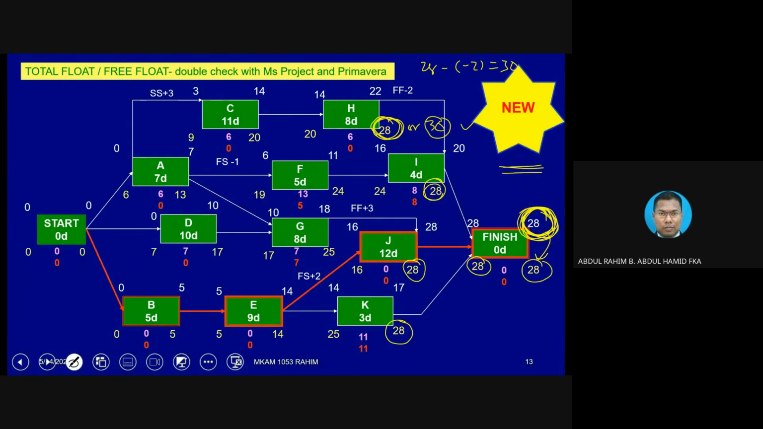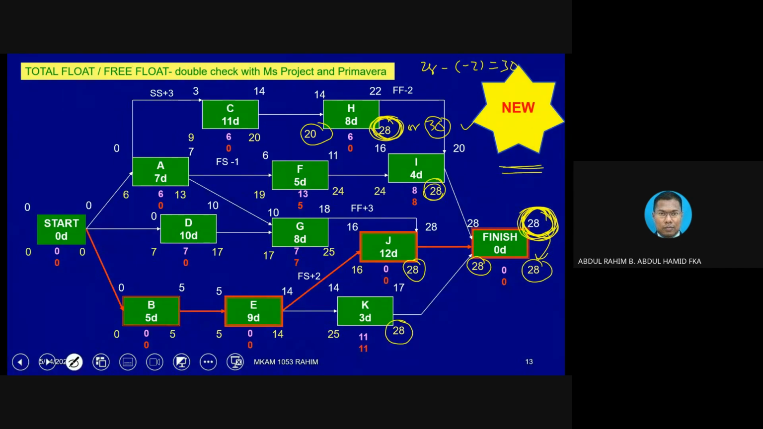So 28 is the one that we log, and this is the right figure that we put into H. Once we already log, the rest basically just follow a similar concept of calculation. 28 minus 8 equivalent to 20. Okay. Now let's go